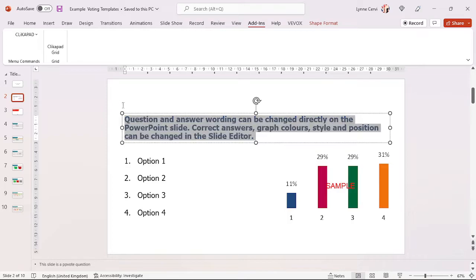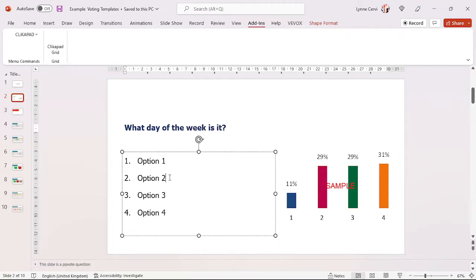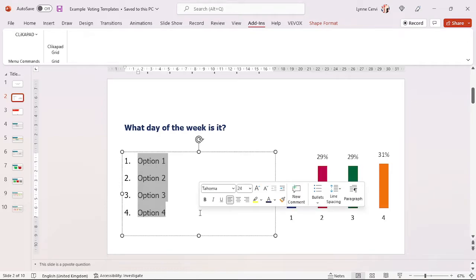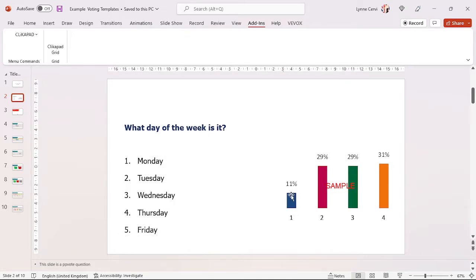So what I'm going to do here is I'm just going to type in what day of the week is it. And I'm not all organised. I don't have these on another document, so I'm literally just typing them. So let's say Monday, Tuesday, Wednesday, Thursday, or Friday. Okay, if I'd only used 4 options, that slide would have been ready to vote on